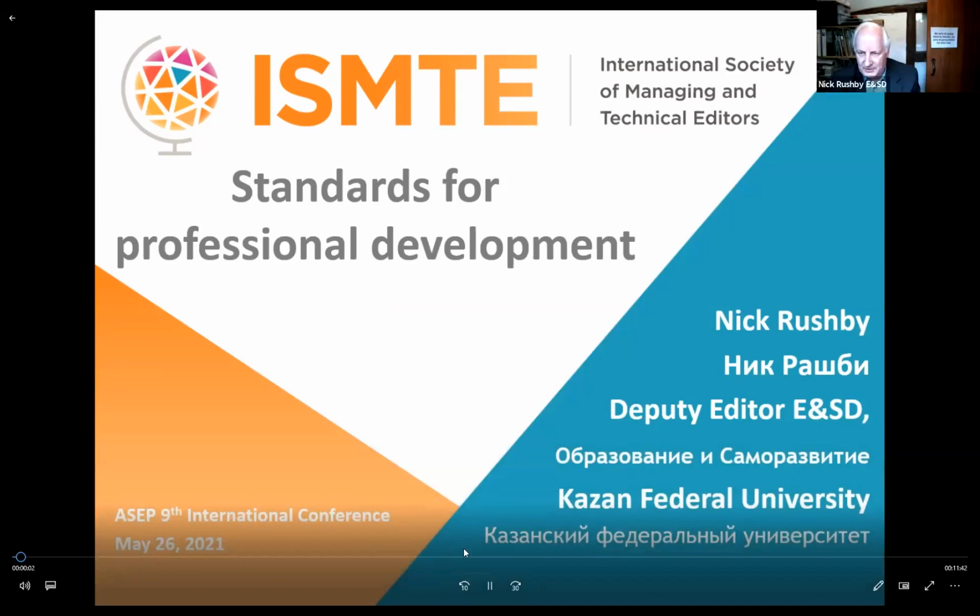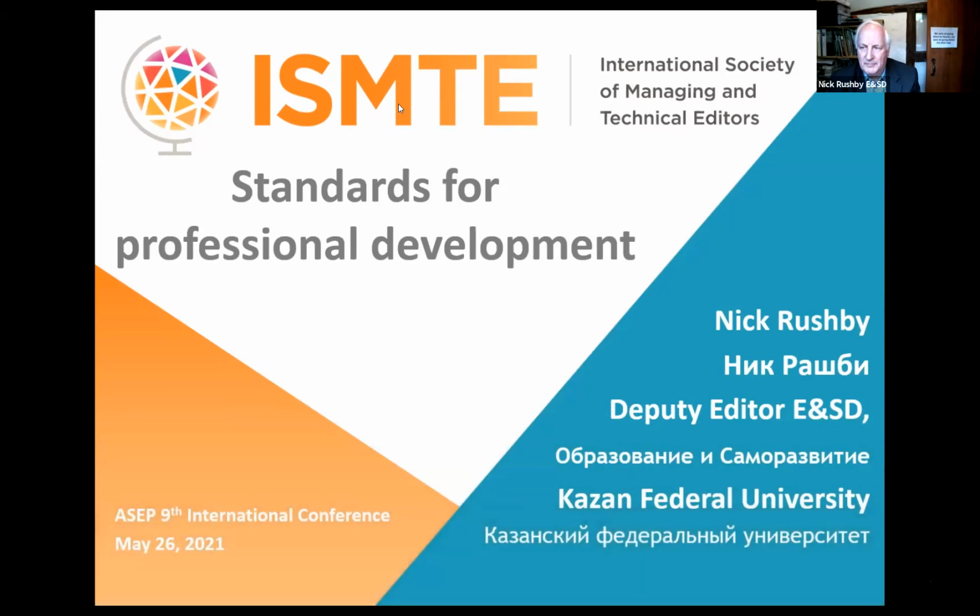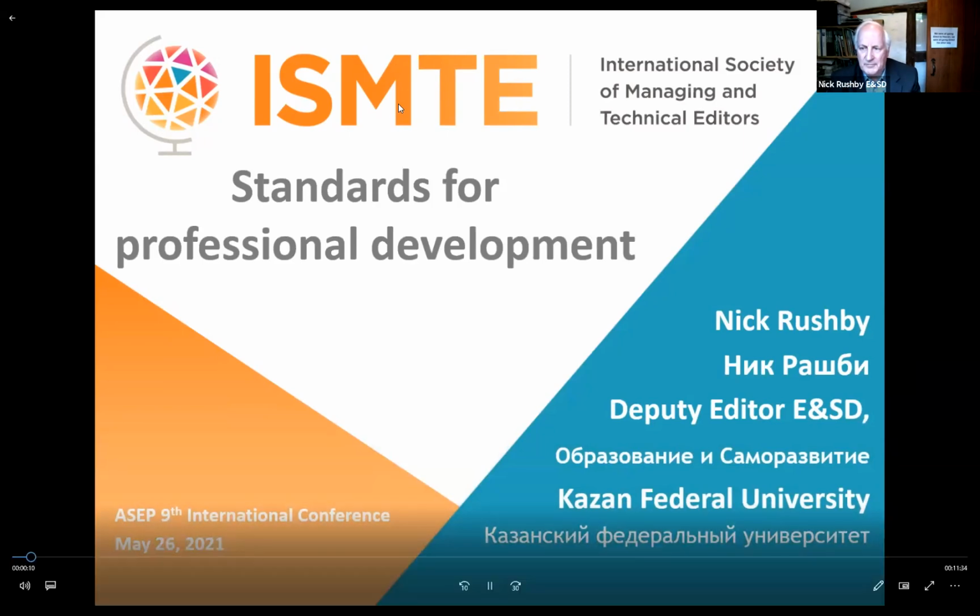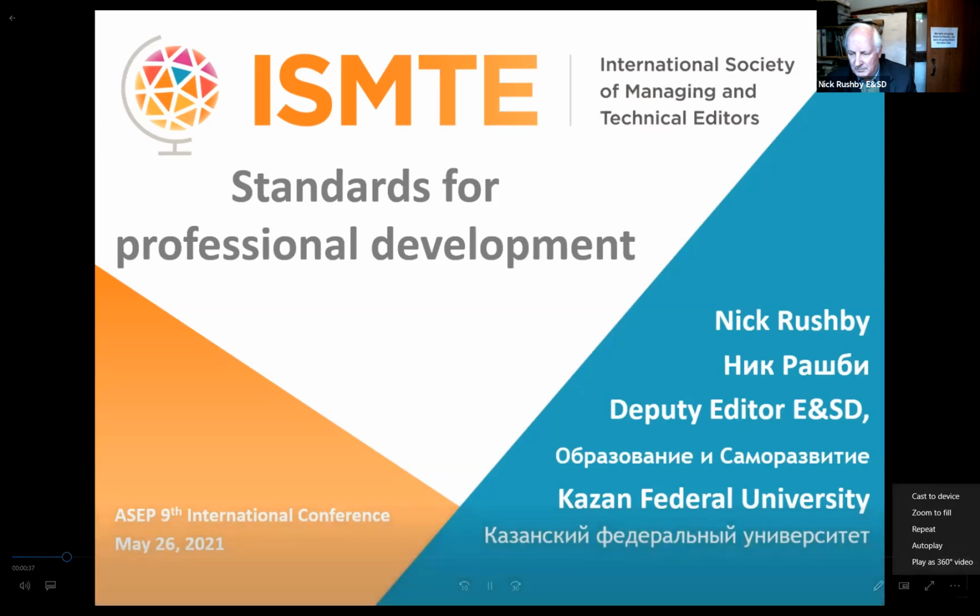The quality of an academic journal depends largely on the quality of the editorial office and the professionals who manage the journal. Although it's the authors who write the contributions and the editor who makes the publishing decisions, it's the editorial team that determines and puts into place the processes that bring out and improve the quality of the contributions. A key aim of the International Society of Managing and Technical Editors is to help editorial offices around the world achieve and maintain the highest possible professional editorial standards.